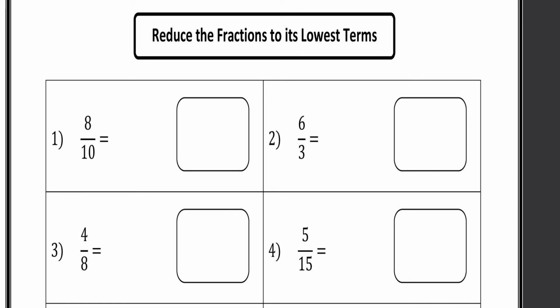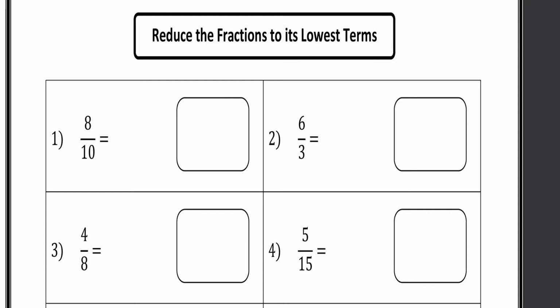Now children, you have to reduce the fractions to its lowest terms. Now to reduce the fraction to its lowest term, the first method we can apply is to find a number that can divide the top and bottom, and then divide the top and bottom by that number, and you have to repeat this step until there is no number greater than 1 that can divide the top and bottom. And the other way is to find the greatest common factor and then divide top and bottom by that greatest common factor. Okay, now let us see this.